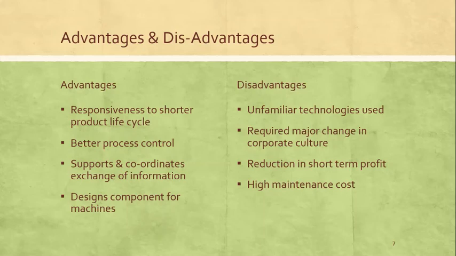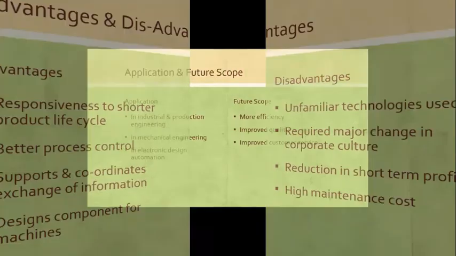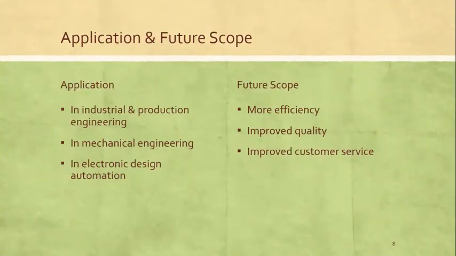We will go to applications and future scope for CIM. Applications: in industrial and production engineering, CIM is used. Also in mechanical engineering, CIM is used, and in electronic design automation, CIM is used. The future scope of CIM is that there will be more efficiency in future, improved quality and improved customer service in